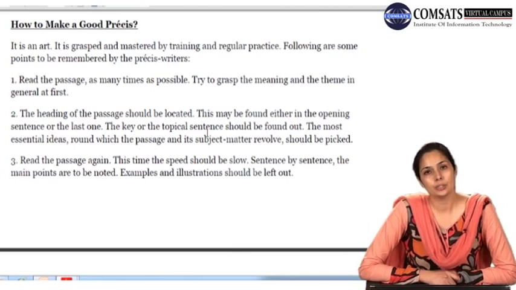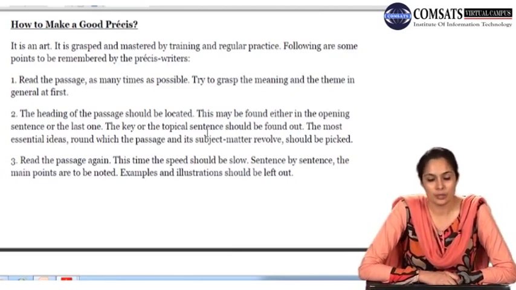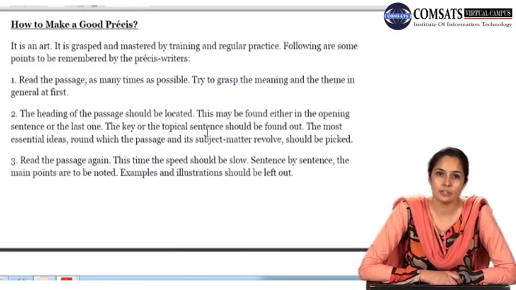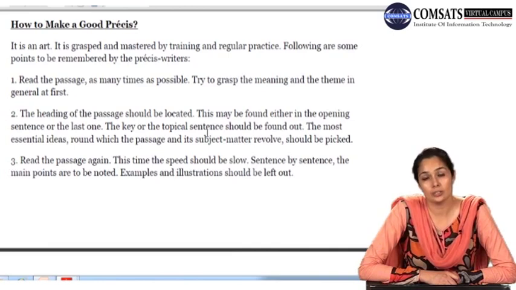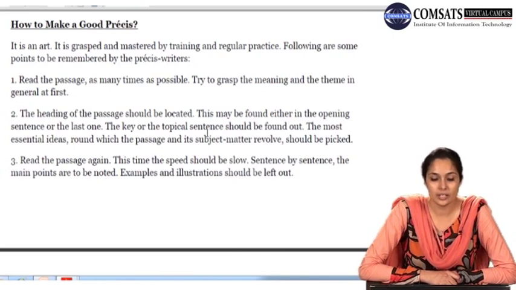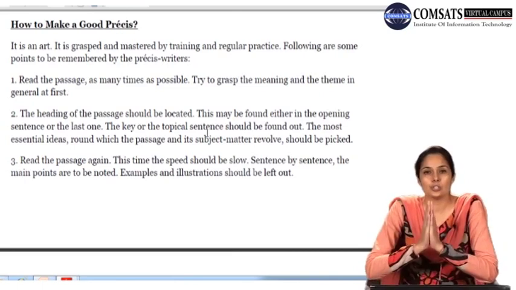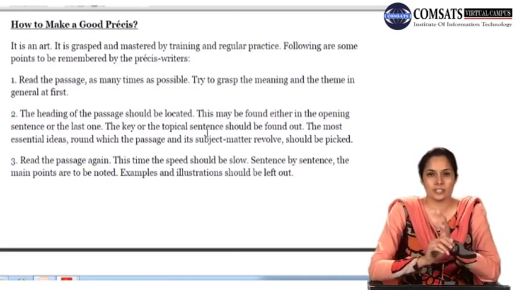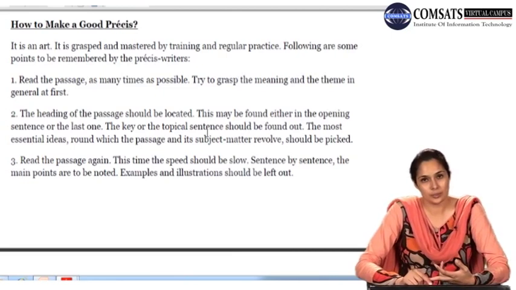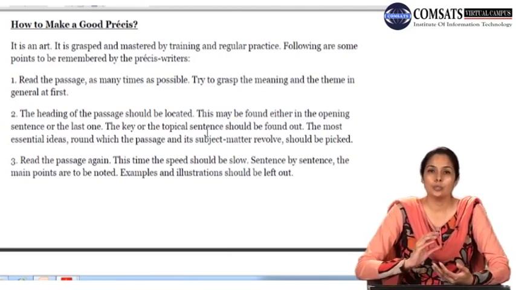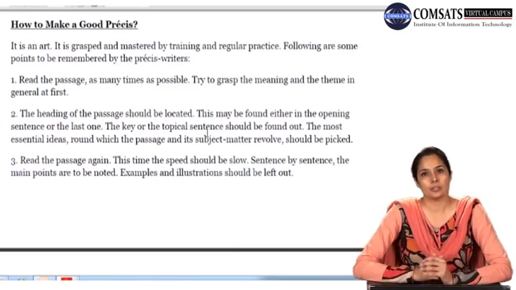Now, till now, you have discussed with us paragraph writing and essay writing. In paragraph writing, we talked about topic sentences, supporting details, and concluding sentences. Similarly, in essay writing, we talked about the introductions, the development, organization, and all. So that knowledge will help you write a Prezi in a way that when you are asked to read a paragraph and summarize it, the first thing that you can do is try to identify its topic sentence, its supporting details, and the concluding sentence. When you do that, you will be able to pick out the important information, because